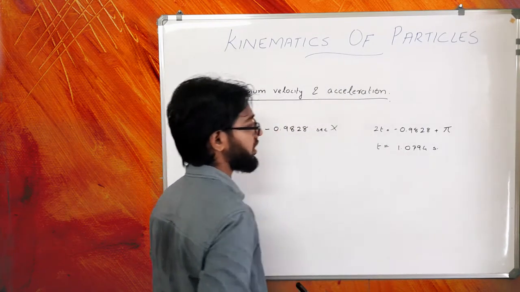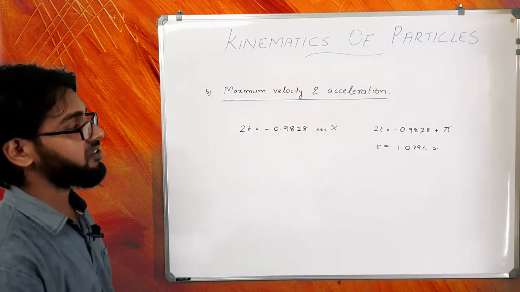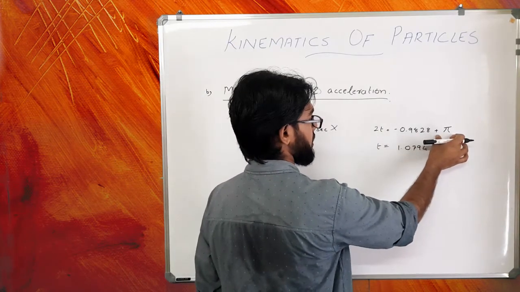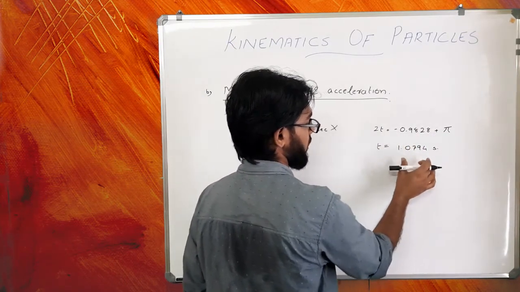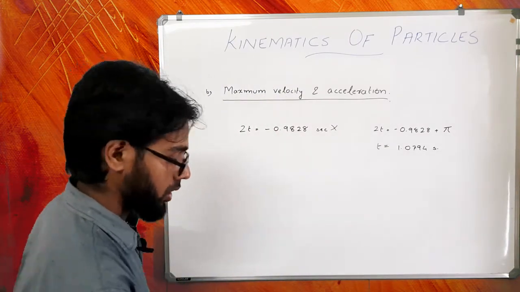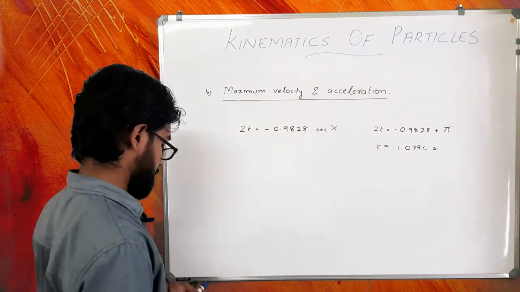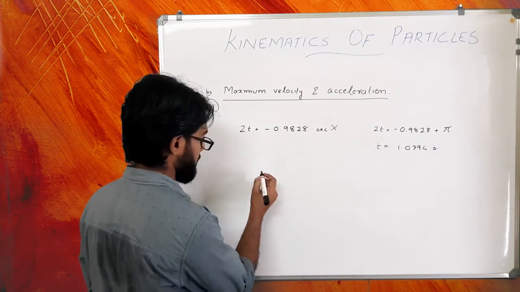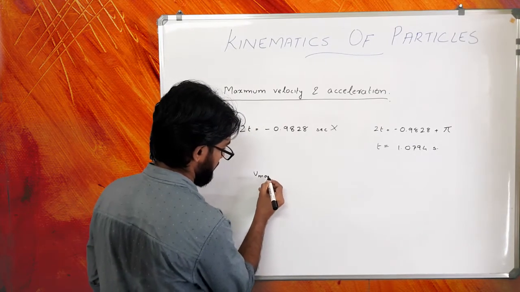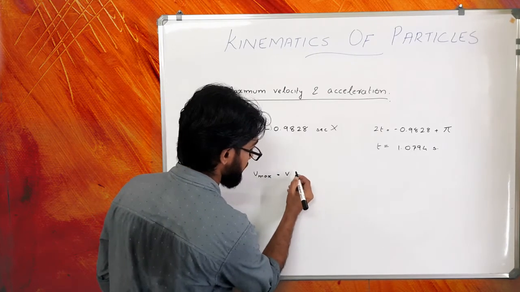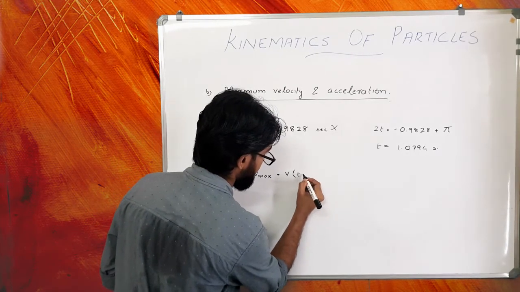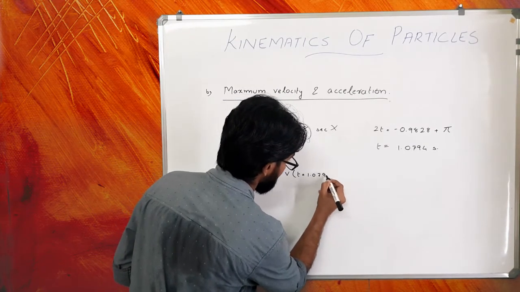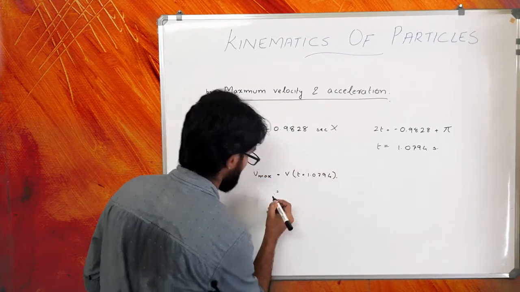So I get here t equals 1.0794 seconds. So this plus this divided by 2, I will get a positive value. Now, my corresponding maximum velocity Vmax will be when v equals, at time t equals 1.0794, which will be equal to,